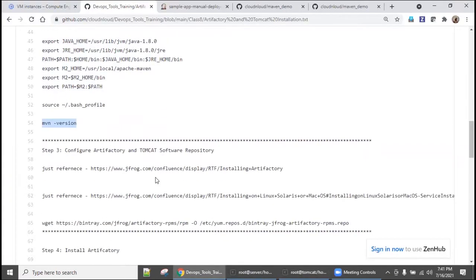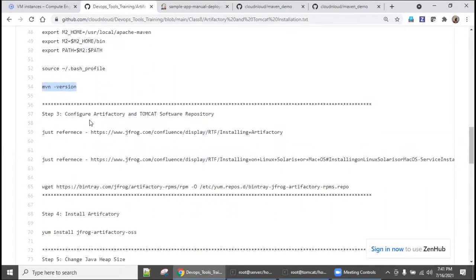Now come down. We are first going to configure the Artifactory and Tomcat software repository. So this is the command. If you want, you can go here, or you can configure this in the repo file.